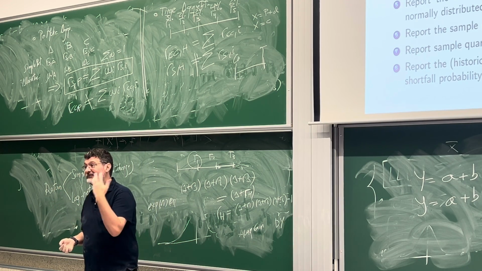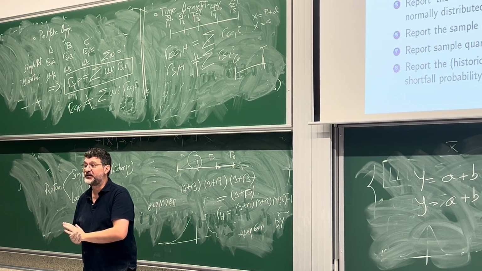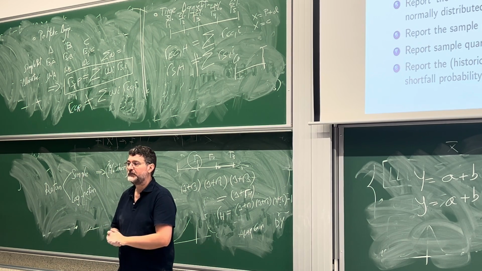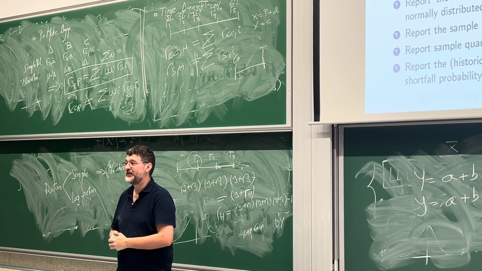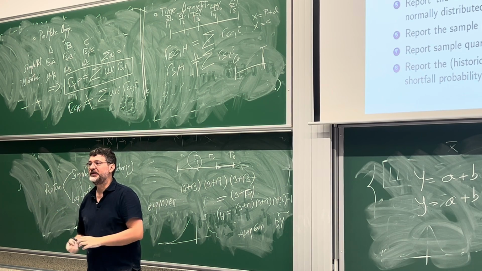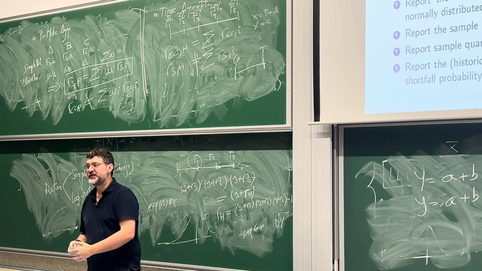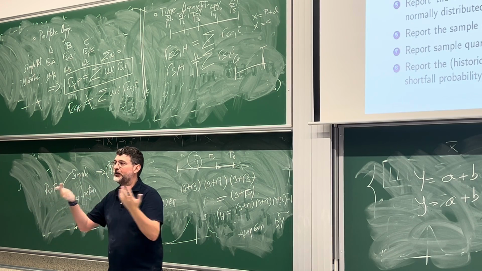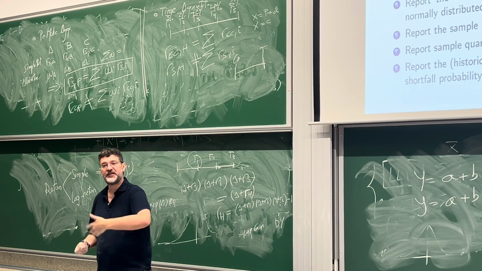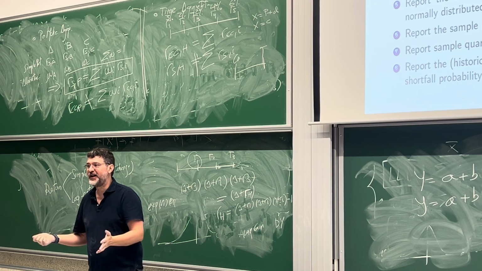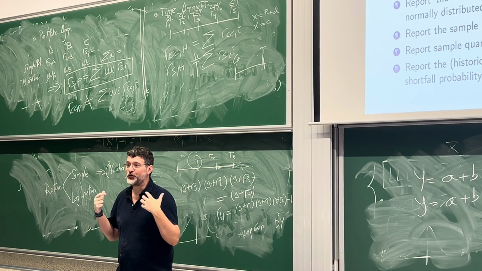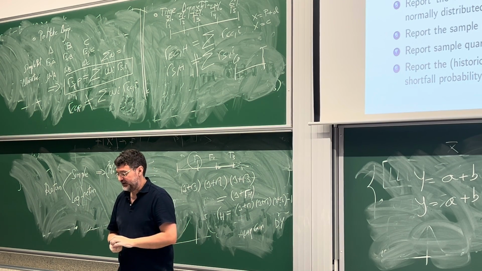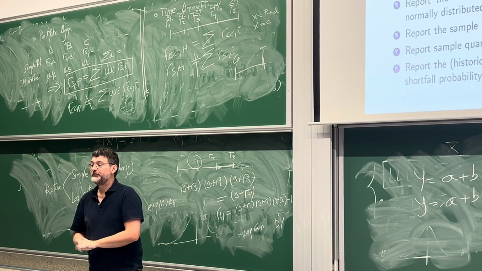Is this normal or not? We can sort of check that question, and we're going to do that formally. I'm going to introduce one statistical test. It's actually a very bad test, but it's super well known, the Jarque-Bera test. We're going to formally test using this test whether those stock returns are normally distributed or not. I may say, you know, they don't look normal to me, that skewness is negative. Yeah, but is it negative enough? We test formally, and no surprises: we should reject normality immediately. Then we're going to report risk measures.